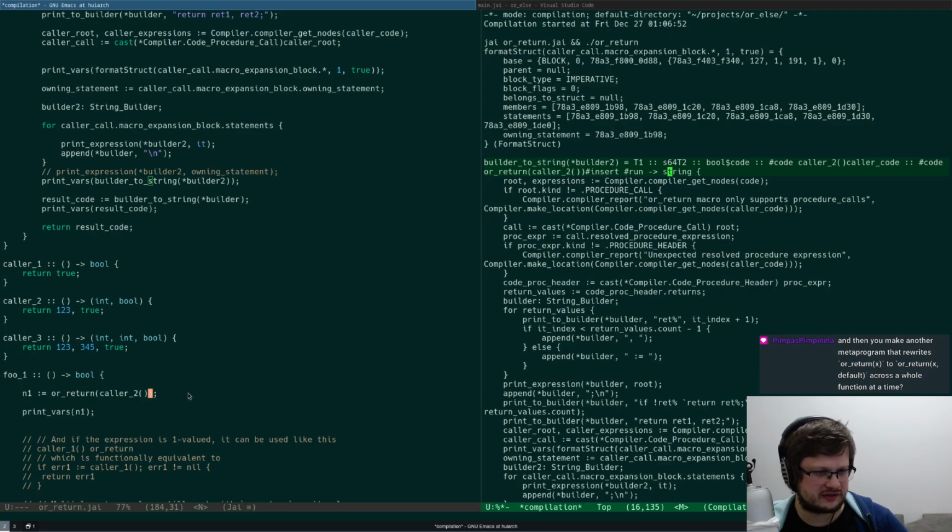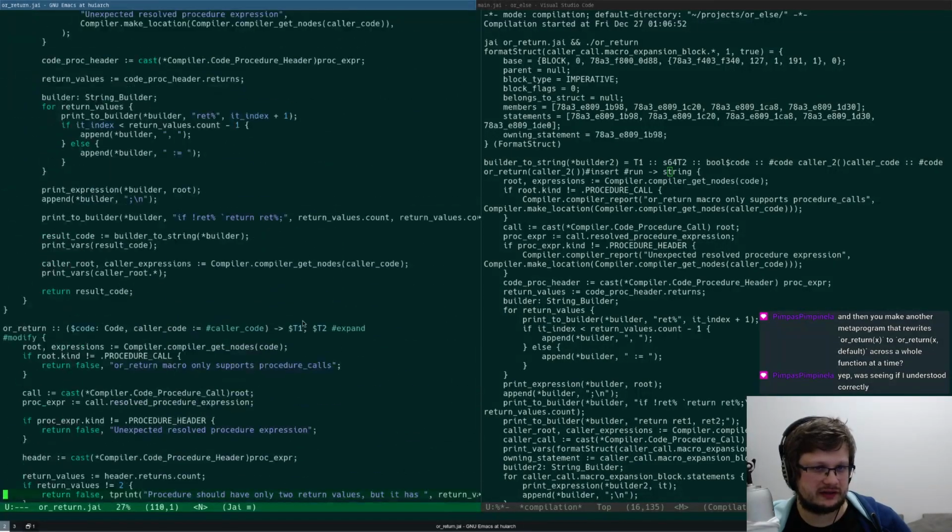Yeah. I mean, I was just speaking about that. I was just talking about that. I guess it needs to be. So that metaprogram will need to first generate multiple of those, right? Depending on the amount of returns from here. So it needs to do those. And it also needs to get defaults here.